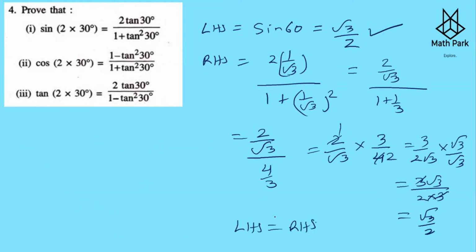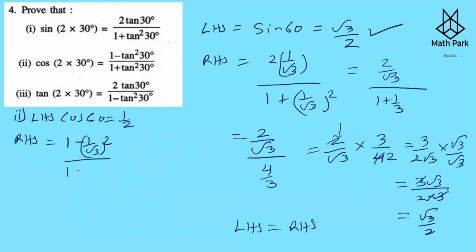Hence proved. Okay, let us start with the second question. In the second question, it is cos 2 times 30. So LHS is cos 60, and cos 2 times 30 is 60. So cos 60 is equal to half. So let us start with RHS now. So RHS is 1 minus tan square 30. So tan 30 is going to be 1 upon root 3. So 1 upon root 3 and then the square of this